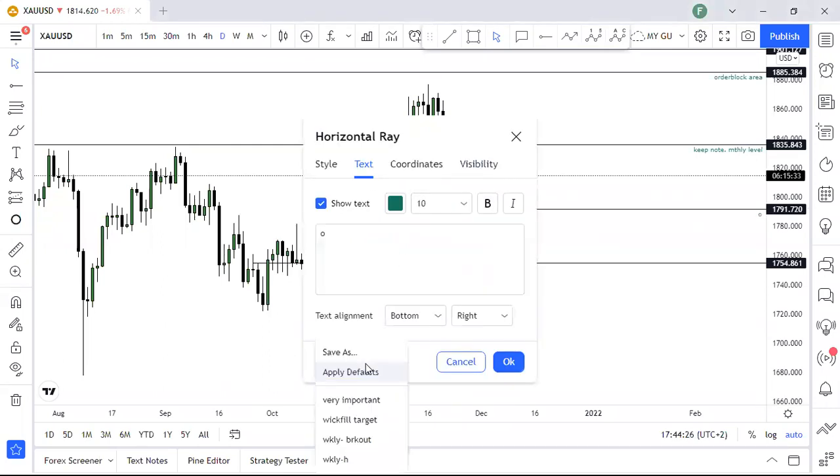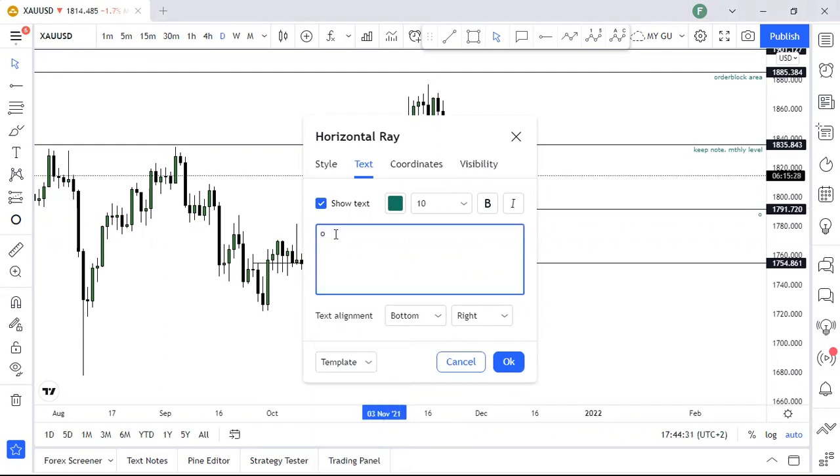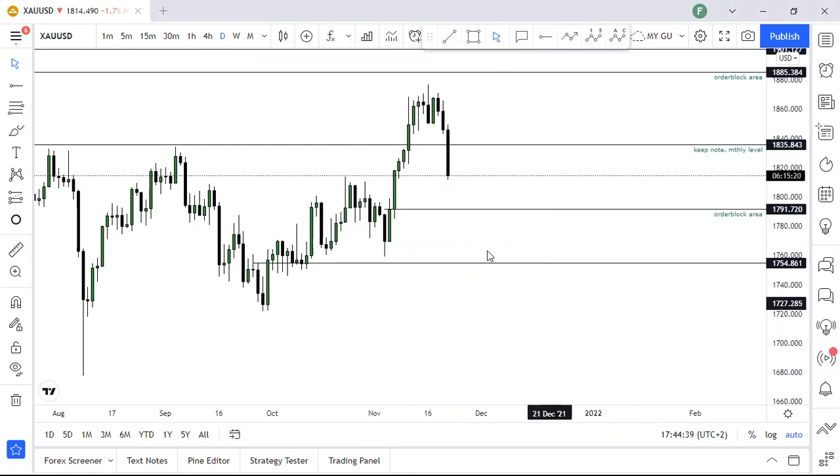Did we save that? Okay. All right, order block area. So we need to keep that in mind. So if this is our order block area, then possibly this move right here has the potential of coming all the way here, maybe give us some sort of reaction, and then reverse. Because now remember what we talked about in the order block video, price might want to get into this area, right,